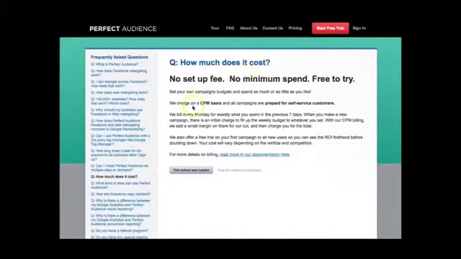Now, the problem with the way Perfect Audience charges its customers is that it makes money on the difference between what they pay in order to get your ad displayed versus what you pay Perfect Audience. So they're in business to make money just like you are. It is not in Perfect Audience's best interest to place your ad on one of the more expensive websites because their profit margin goes down significantly.